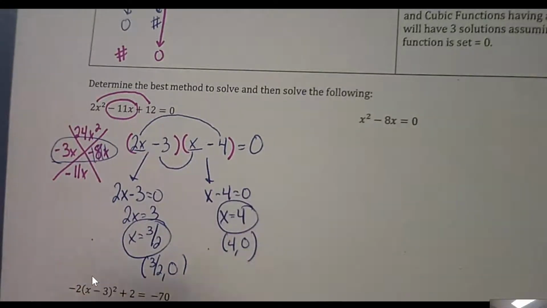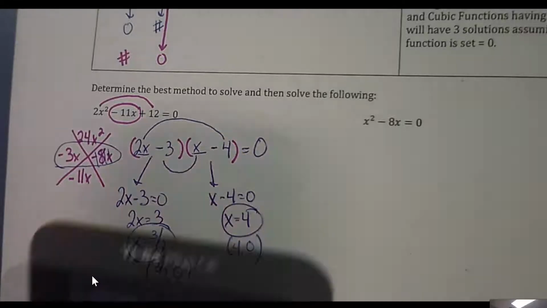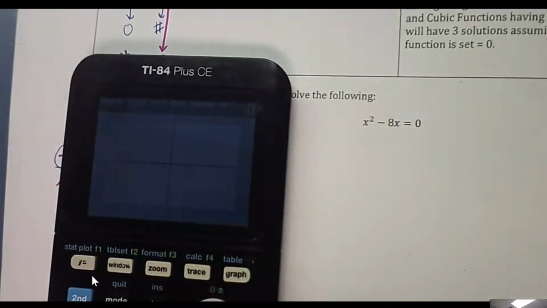And you can see that if you actually take a moment and put this in your graph, which I'm going to do real quick, which I should have had ready to go. So I'm just typing into my graphing calculator 2x squared minus 11x plus 12. And what I'm finding, once it gets there,